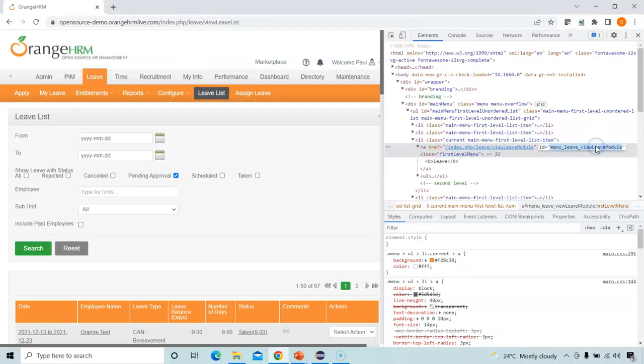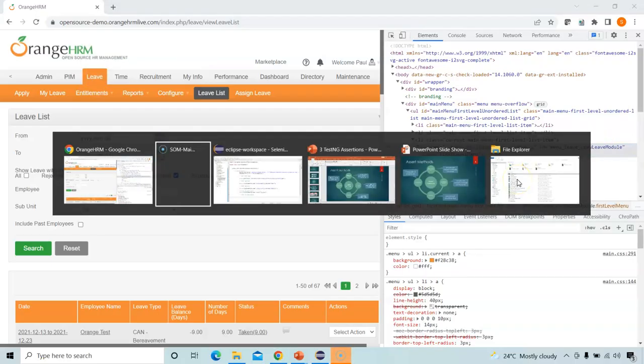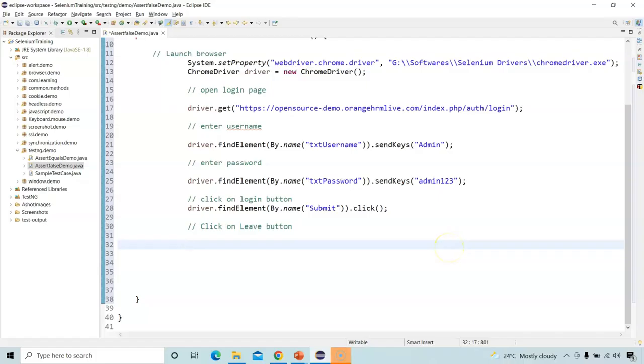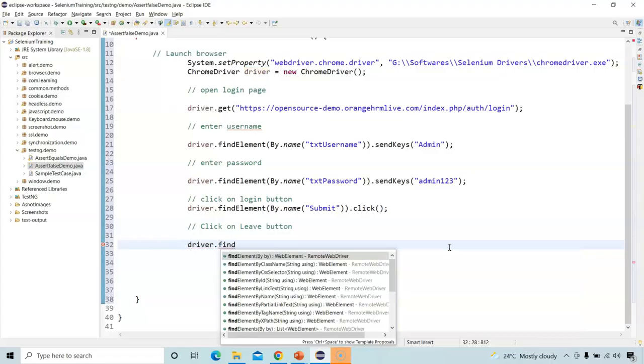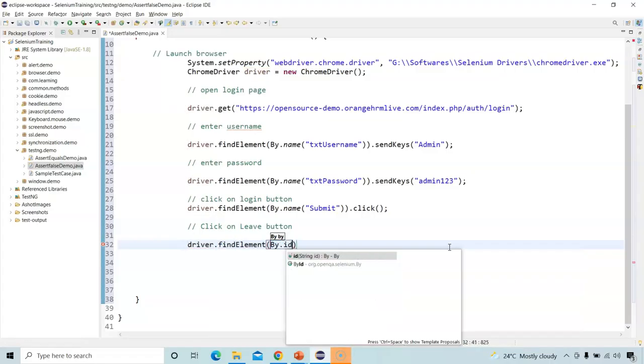So I'll copy the ID attribute value, and now let's go back to Eclipse. Now let's write a line of code to click on the Leave button. So I'll say driver.findElement(By.id